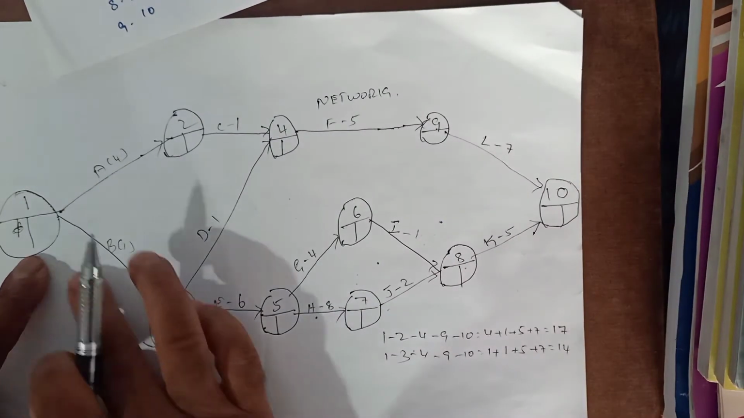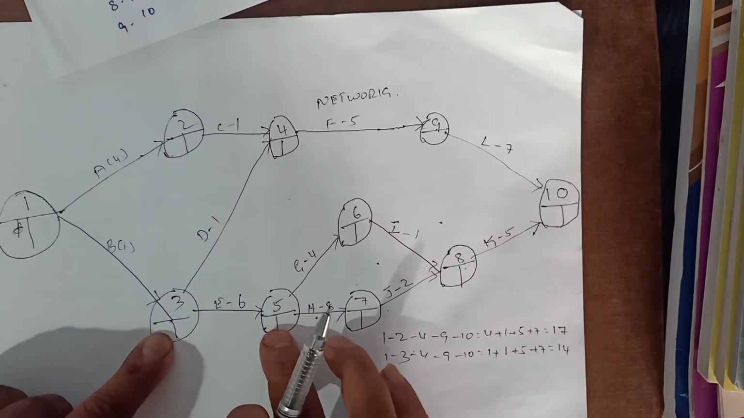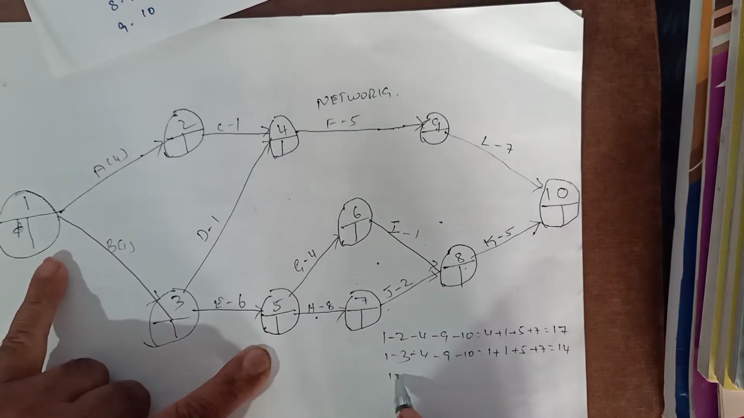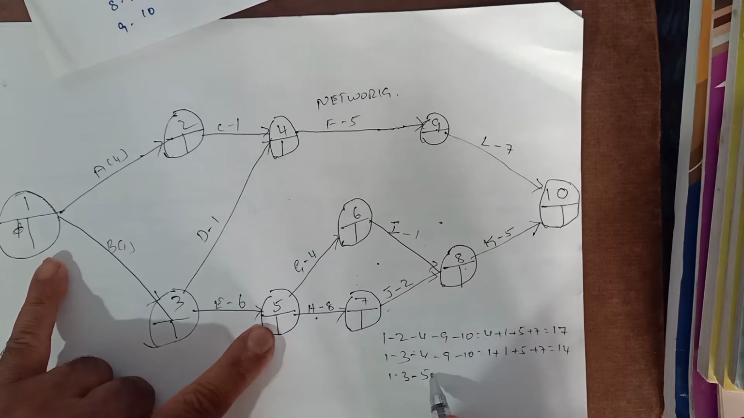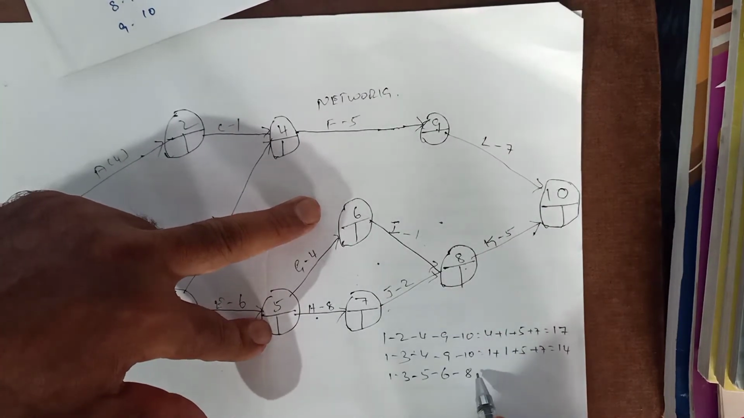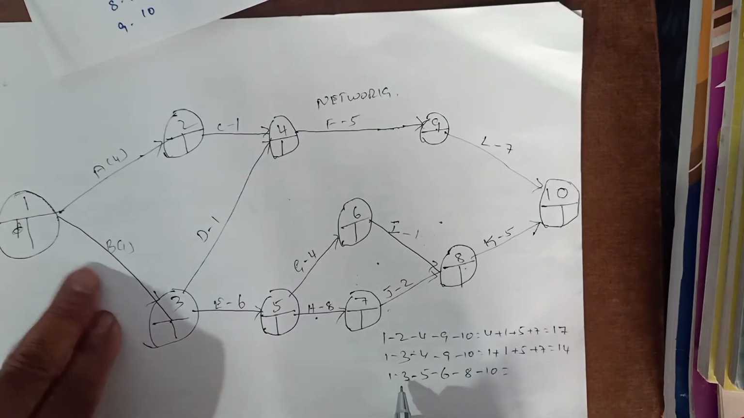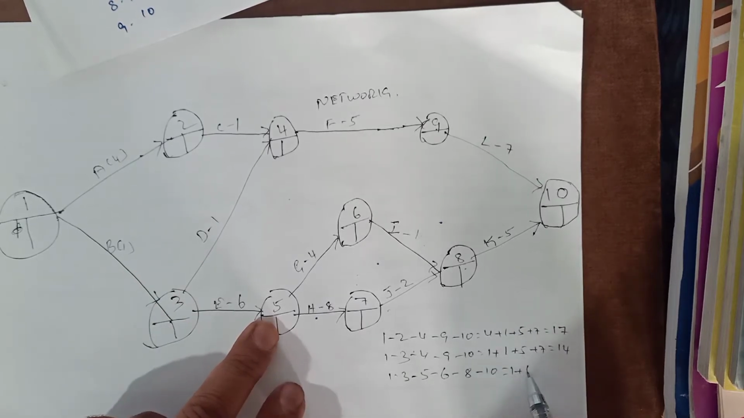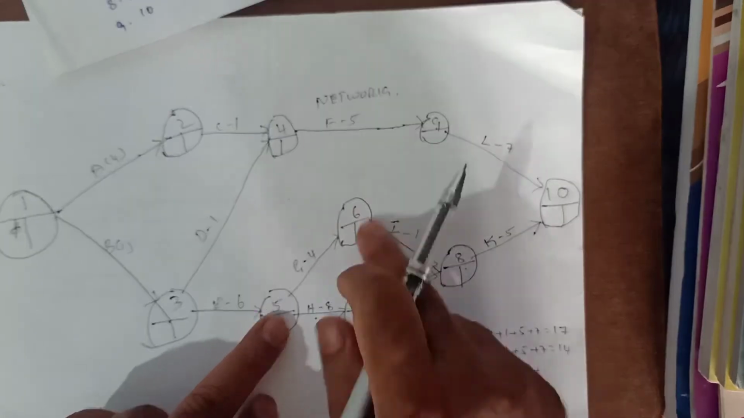Then let us take this route. 1 to 3, 3 to 5, 5 to 6, 6 to 8, 8 to 10. So what is the 1 to 3? Here it is 1, plus 3 to 5 it is 6, plus 5 to 6, this one is 4,